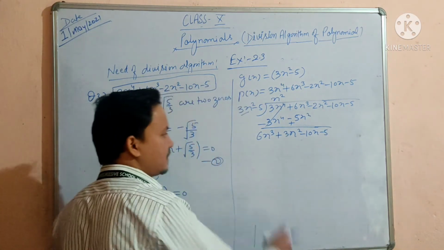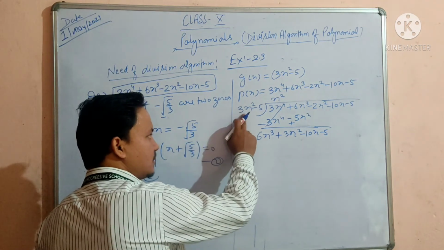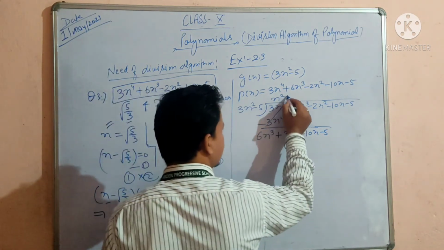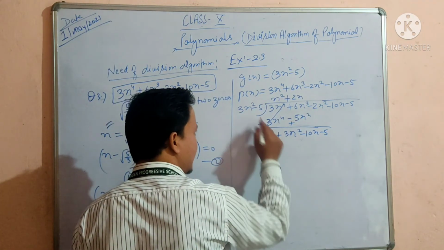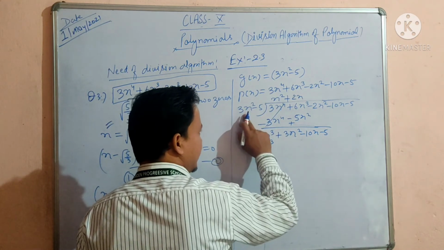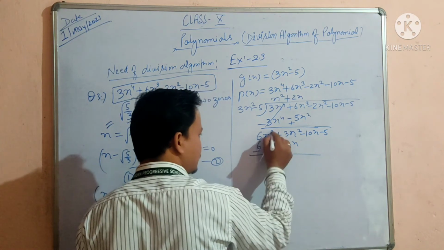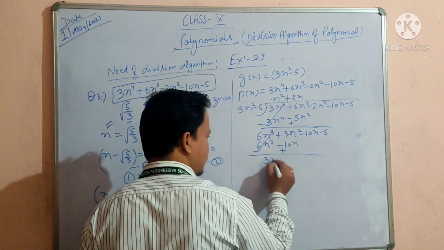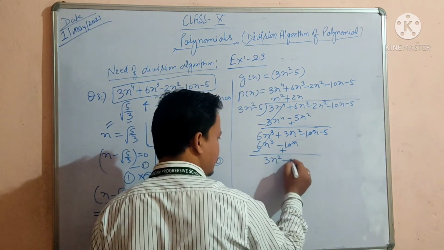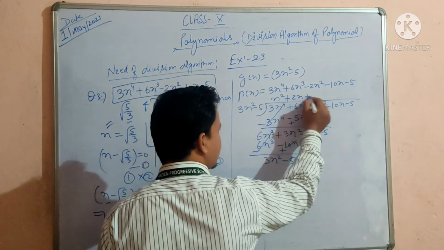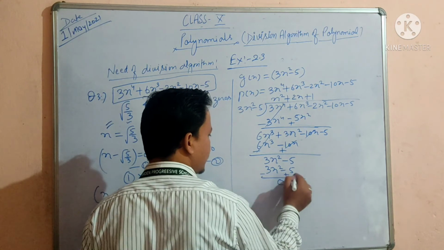Okay. Now see the first term 6x cube, and here is 3x square. So to eliminate this amount, we have to multiply this one with 2x. So 2x into 3 is 6, x into x square is x cube. Next 2x into minus 5 is minus 10x. On subtracting, this will minus, this will plus, this will cancel out. So we have left here 3x square plus 10x minus 10x. This will again cancel out. So we have minus of 5. Now see, plus one time we have multiplied this 3x square minus 5. So remainder is 0. Okay, on subtracting.